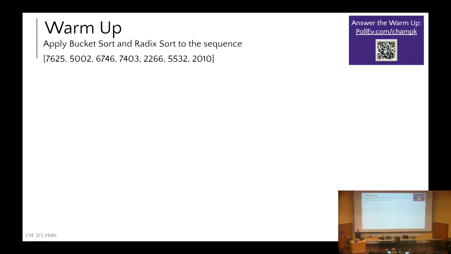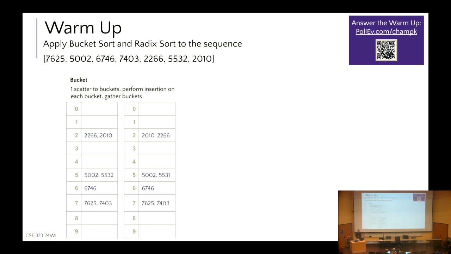And frankly, that is a really common approach to pretty much all of bucket sort. Same thing if it was a string and they were English characters or something like that. Maybe you make an array of size 26, and you bucket initially based on the first letter. In this case, I'm going to follow that route, and I'm going to make a bucket of size 0 to 9, and I am going to initially bucket these values based on their thousands digit. So what that means is, value 7,625 ends up in bucket 7, along with 7,403,